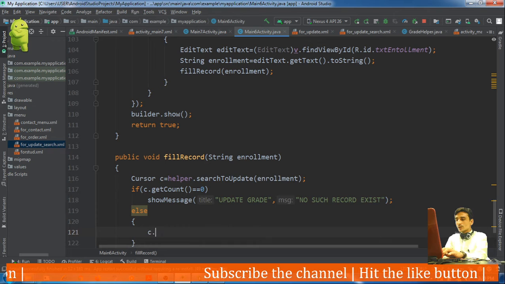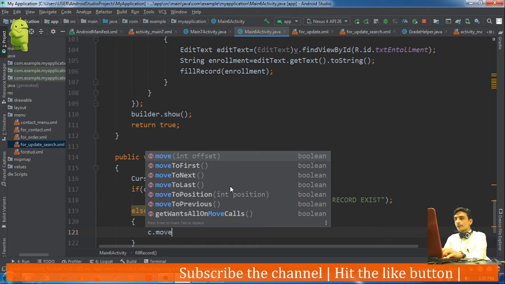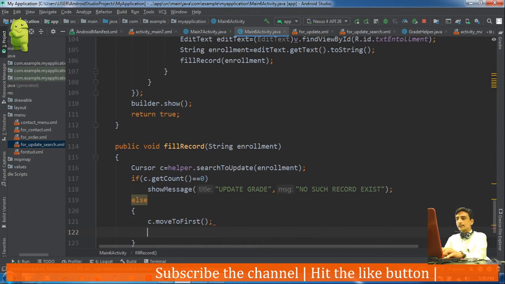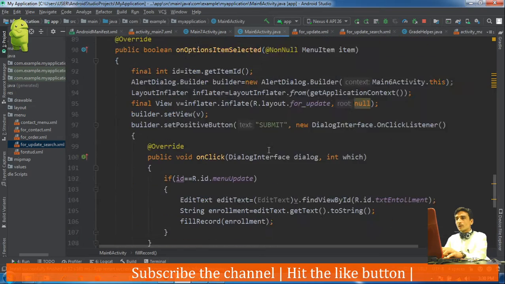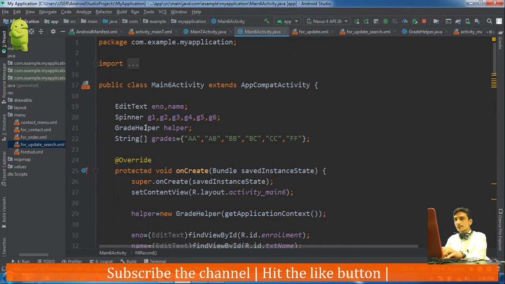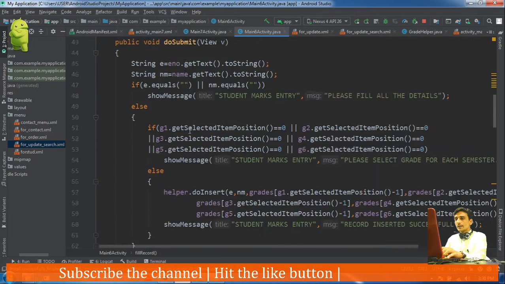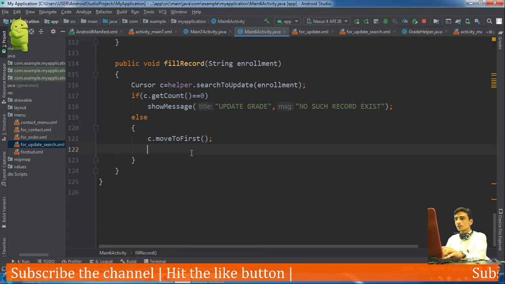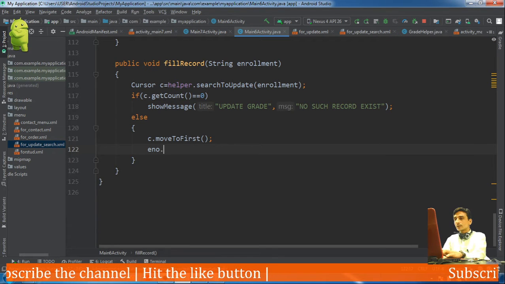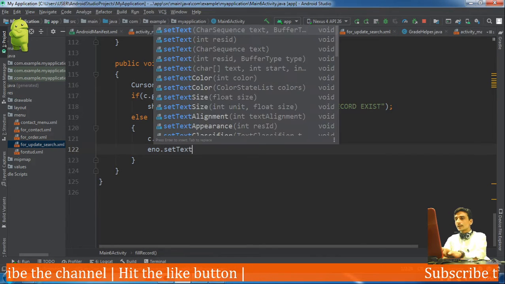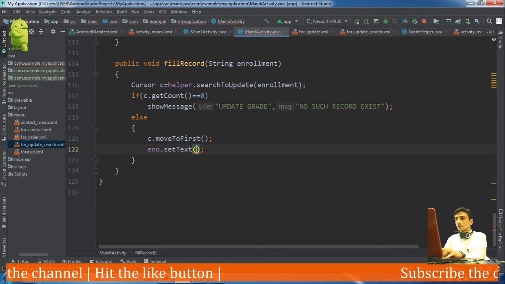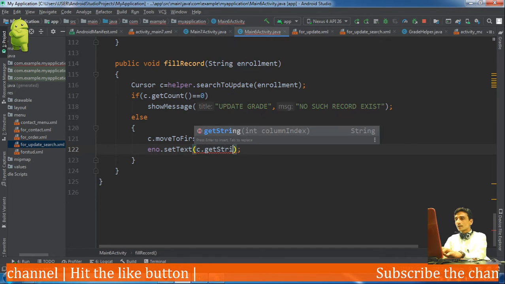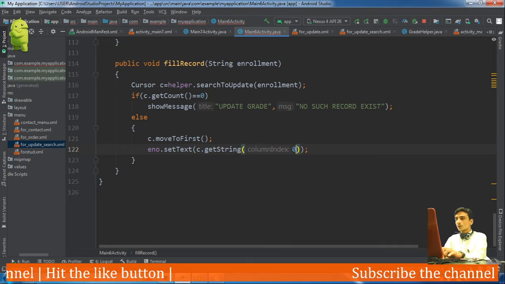So c dot move to first. Then one by one we need to capture all the things. The enrollment number edit text dot set text, c dot get string 0.